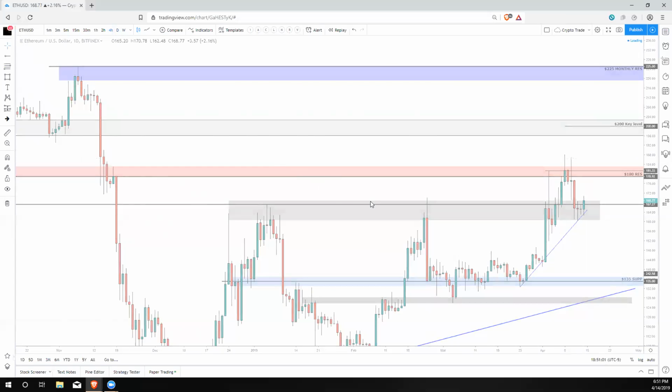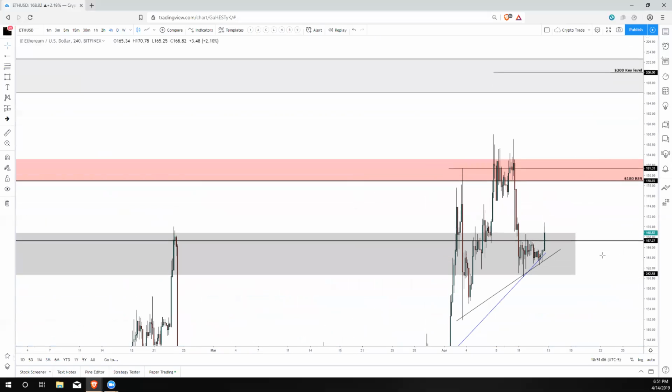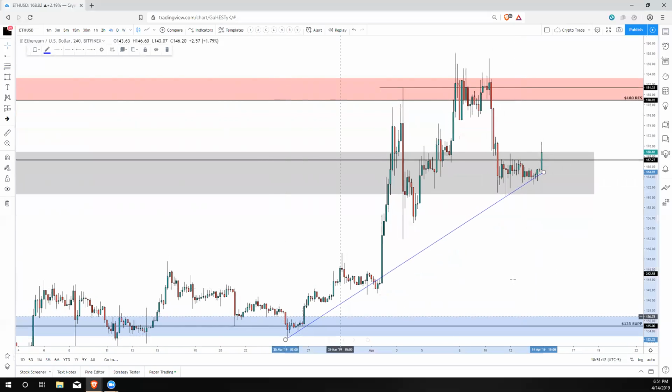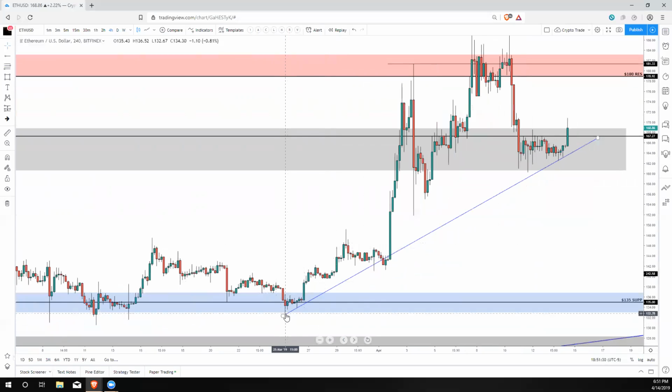Pulling into the 4-hour here just to get a closer look finally. So you can see we are having that spike up right now. Let's fine tune this a little bit. And like I said, this is the trend line that we're working with right now. I like that placement better, just because you have the initial wick here, a second wick, and you can see,